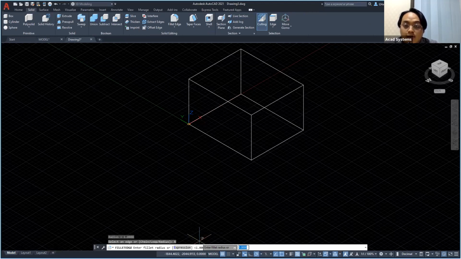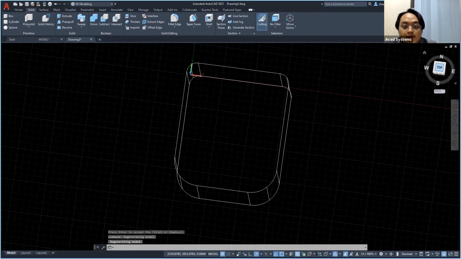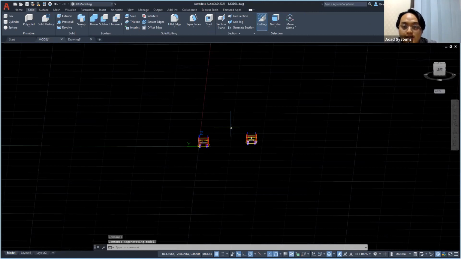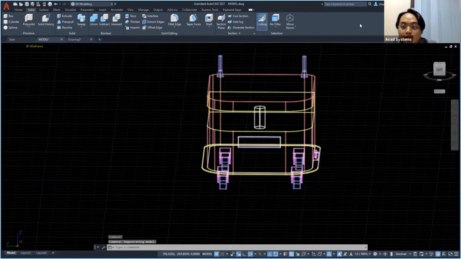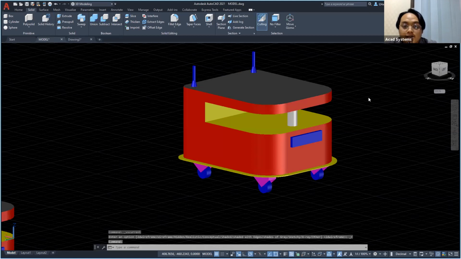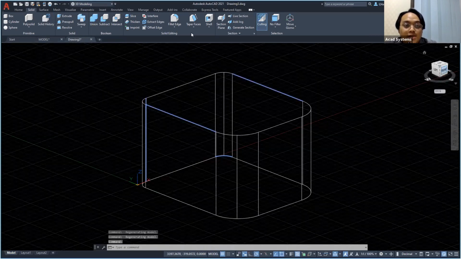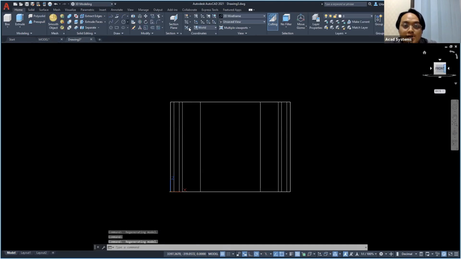Okay. Now we have the basic shape of the body. But right now, I want to create a hollow part in the middle, like this. I want to create this hollow part in here. And with that, first of all, I will be using our coordinates tool here,